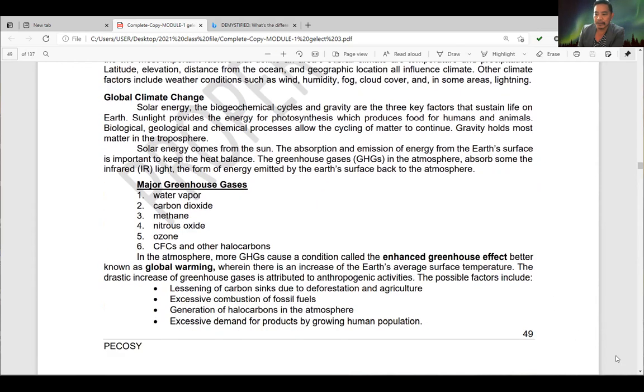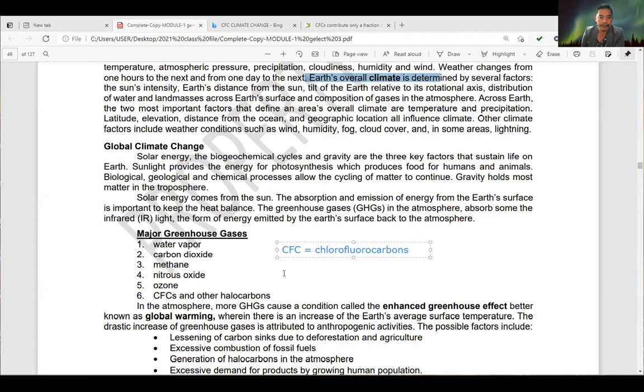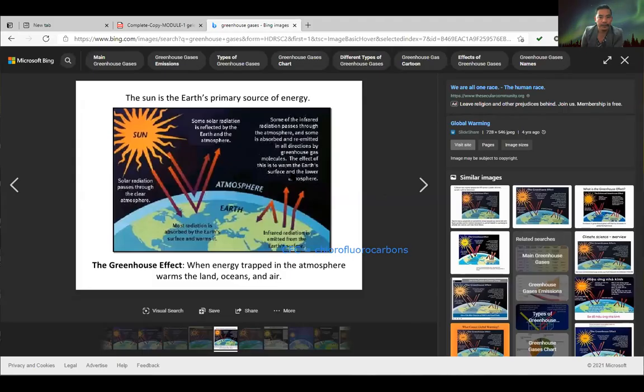Next, okay, we'll be talking about the major greenhouse gases. So here's a list of the major greenhouse gases. We have water vapor. We also have carbon dioxide, methane, nitrous oxide, ozone, and the CFCs. CFCs would mean the chlorofluorocarbons, okay, and other halocarbons. So of course we know that these greenhouse gases have something to do with the phenomenon of climate change, and